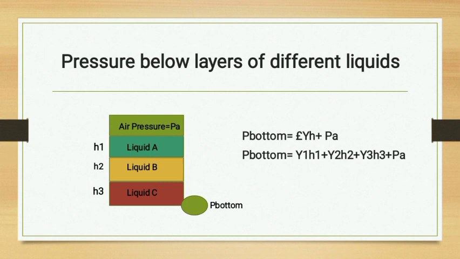So we have a closed tank with 3 layers, and we have a pressure at the top, which is the air pressure. We have the liquid A, liquid B, and liquid C. So to determine the P bottom is equals to the summation of unit weight times height plus the air pressure,